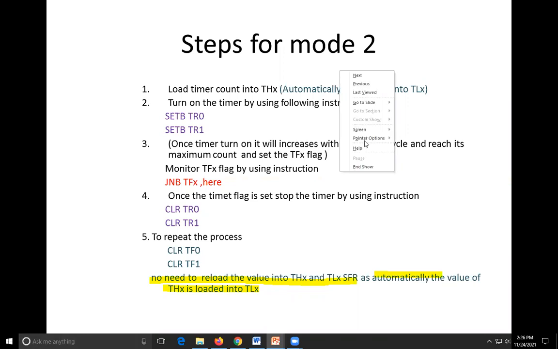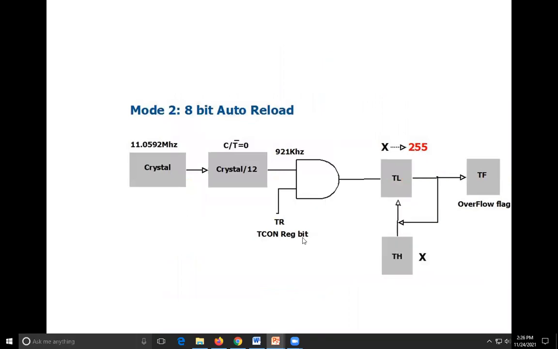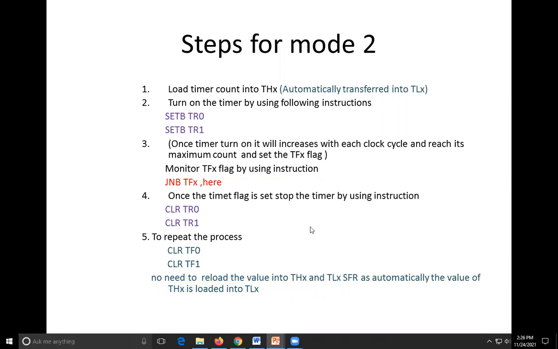So this is the use of the timer, and this timing is used in interrupt programming. You have to use this in the interrupt program. We will discuss this when we do the programs in mode 2. Because in the examination, there may be a program: write a program to create a 2 kilohertz frequency using mode 0 timer, using mode 1 timer, using mode 2 timer. So we have to do the programming for the different modes.